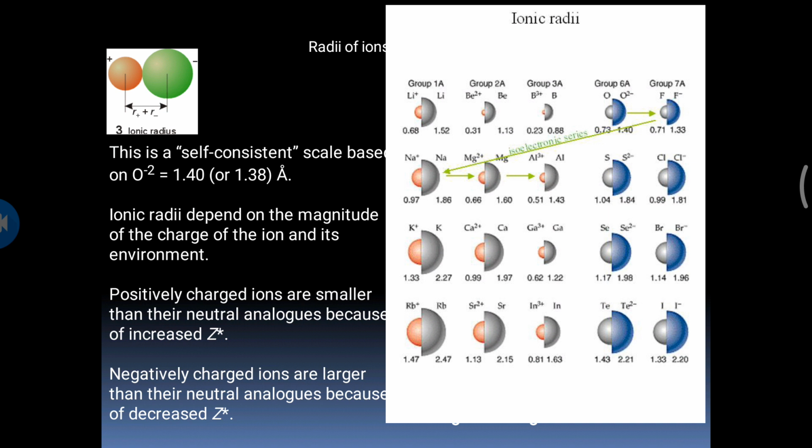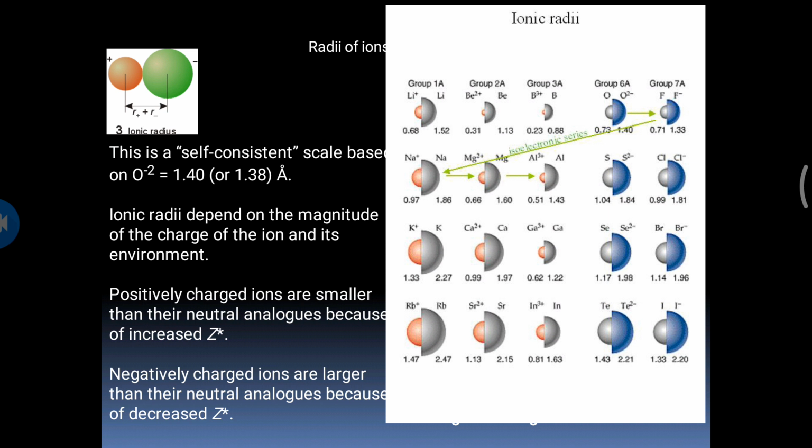It is the ionic radius of the oxygen atom. Ionic radius depends on the magnitude of the charge of the ion and its environment. Positively charged ions are smaller than the neutral atom because of increasing Z star. Negatively charged ions are larger than their neutral analogs because of the decreased screening effect,